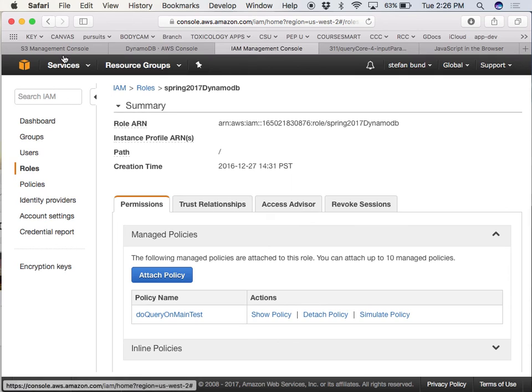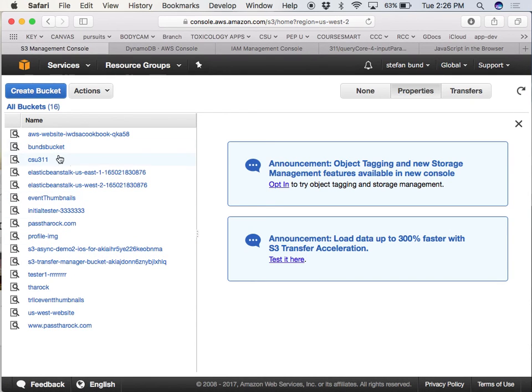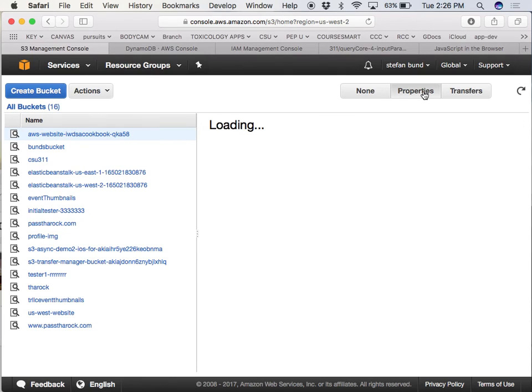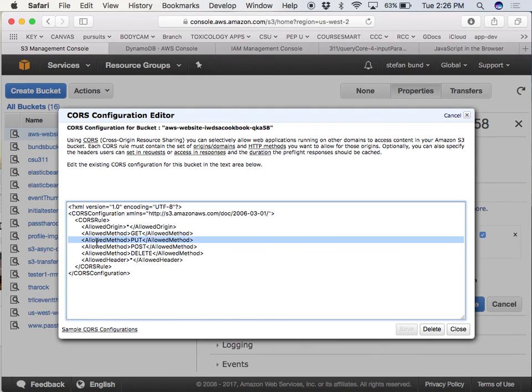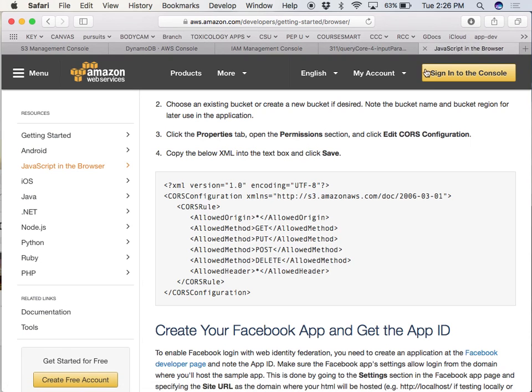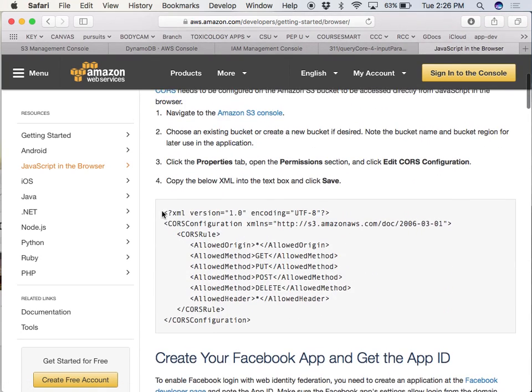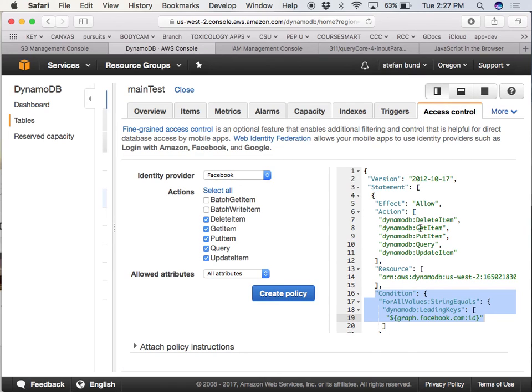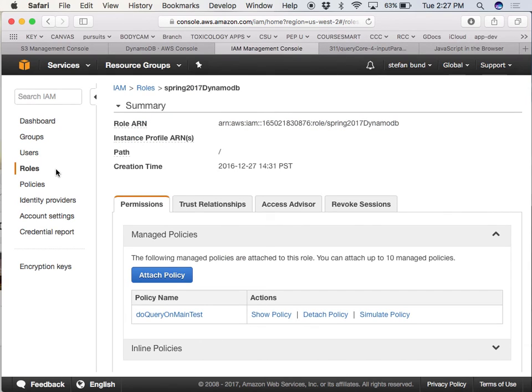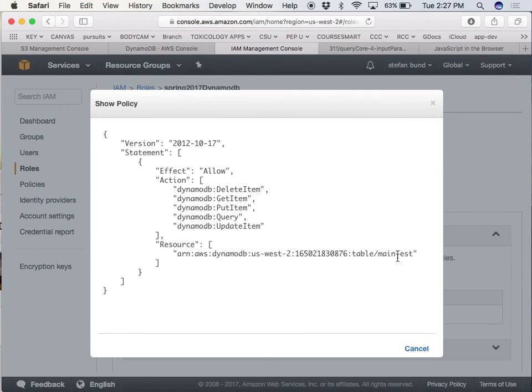So now you're putting a few things together. You've got your bucket, and your bucket has a CORS policy on it. And your CORS policy, I'm going to give you the code for that. That's going to be in this tutorial. You realize that's my CORS policy. You've also got a DynamoDB where you've got a table that has a partition and a sort key. It's got an access control so that when you put that access control statement, copy, paste that into IAM, you've got a role that contains a policy that allows you to do these operations on that DynamoDB table that you're using.